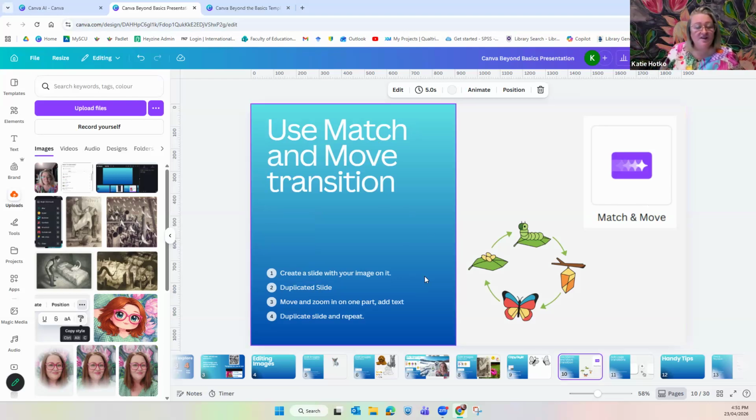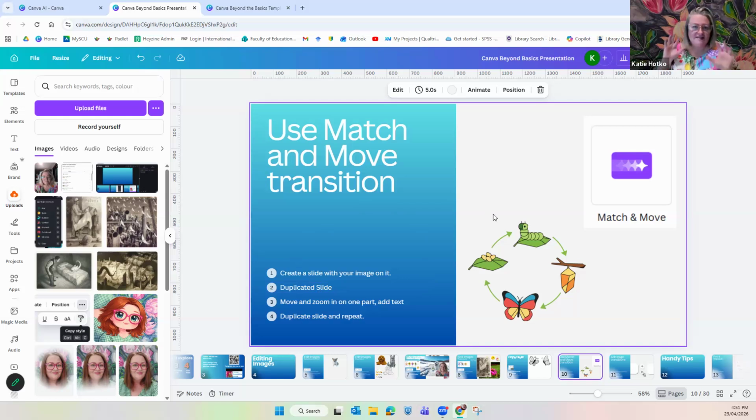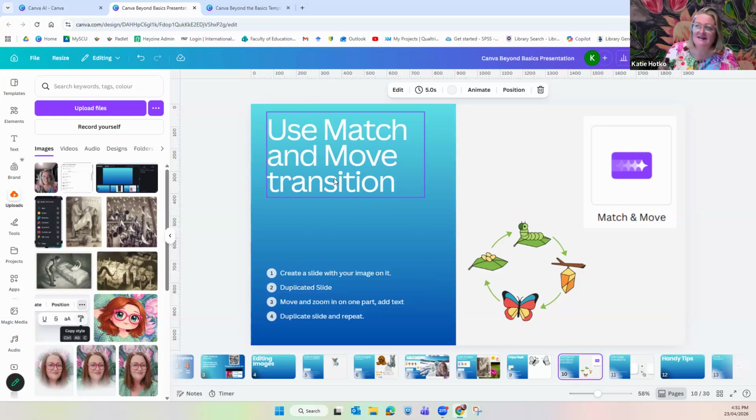There is the ability within Canva to use transitions and animations, as such, all there for you to use. This is a really specific example of how we might be able to use it. So the morph function in PowerPoint is basically the match and move transition in Canva, and it can be used to, well, essentially show changes or draw attention to certain things. So what we need to do